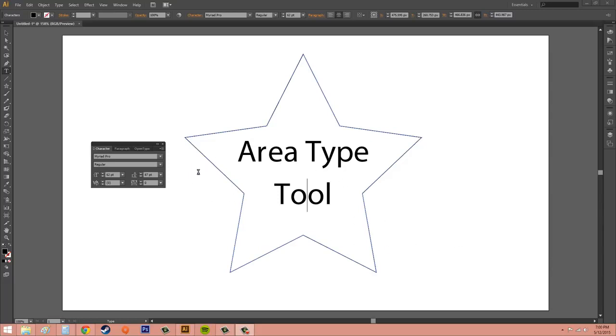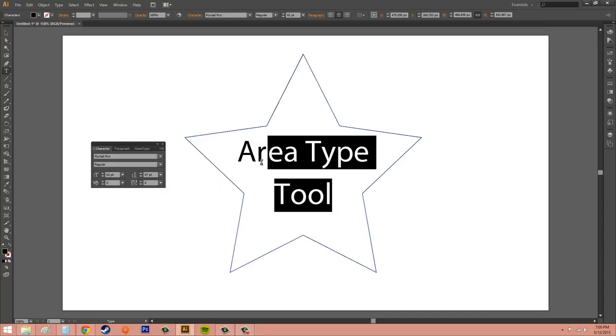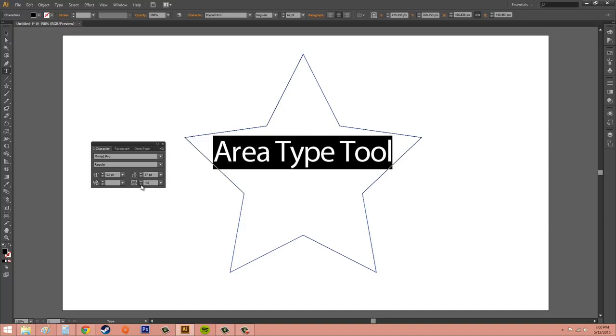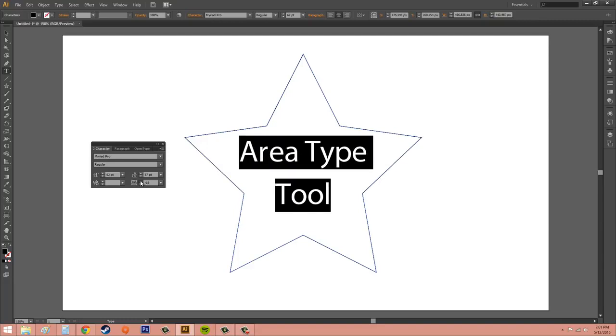And the last thing that I want to go over is tracking. And tracking is down here where it has the V and A in the box. What tracking is, it's the adjustment of space between three or more characters. So pretty much you usually track a line of type or a few words, and it depends on how your design is going and everything like that. So if I wanted to go ahead and select all of this here and adjust the tracking, I can start bringing the whole thing closer so that it now ends up on one line. Or I could adjust the tracking to go up higher, space it out so that I have it